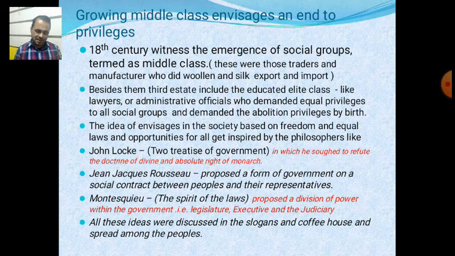Louis XVI has ascended the throne. We have understood the nature of French society. They were divided into a privileged and an unprivileged class, and the privileged class were enjoying all the facilities. They were exempted from paying tax. Only the unprivileged class were paying tax. They were the only